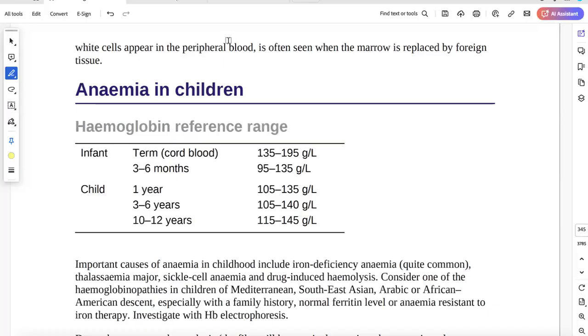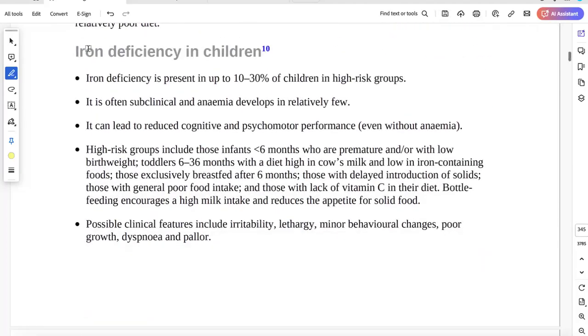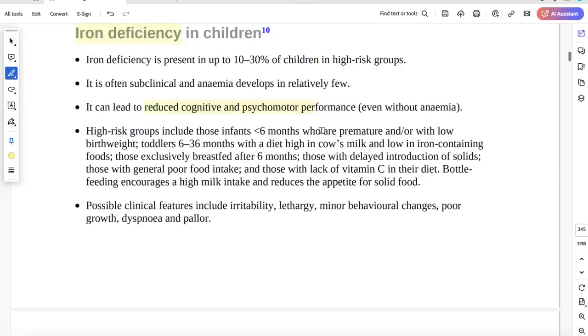Give it a read about anemia in children. Now, the main thing in anemia in children is iron deficiency. So sometimes it can even come to you with cognitive impairment in children. Now, high risk for iron deficiency in children is premature child, low birth weight child, child who takes a lot of cow's milk, and low iron containing food,